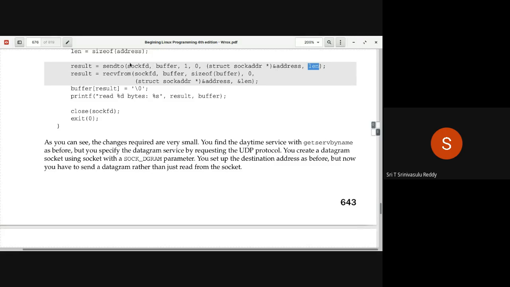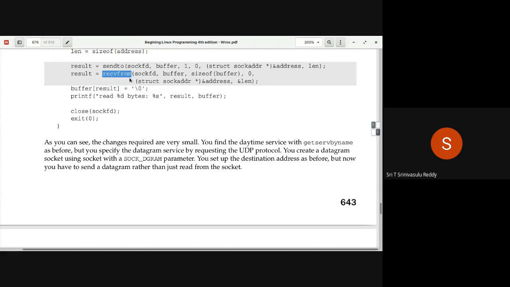After sending the data to the other side, naturally the other side will receive it, do some processing and give a reply. That reply you should again get back, and you can do that by using recvfrom. So you are receiving the reply from the other side.